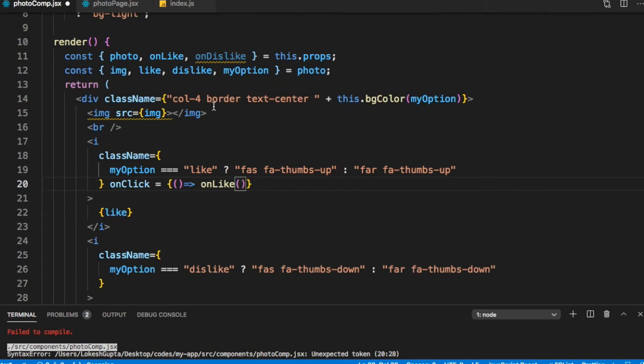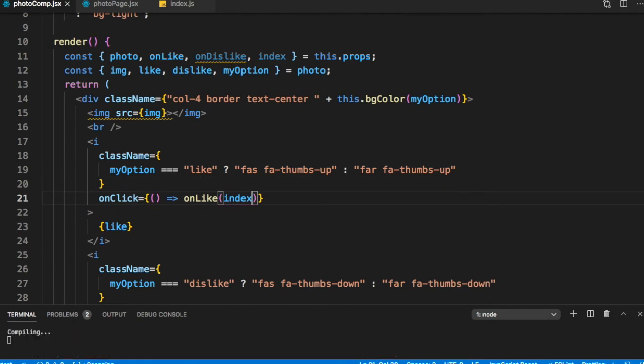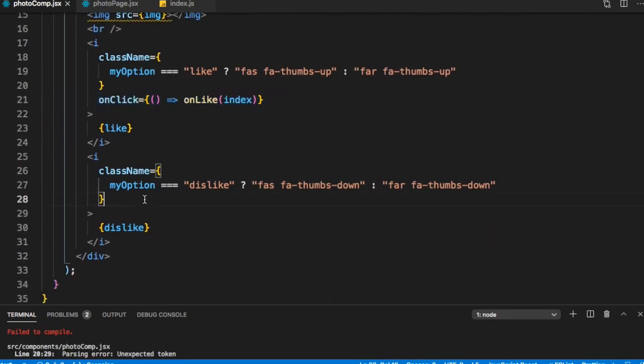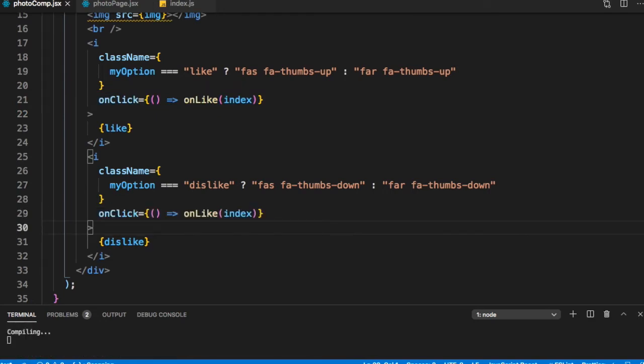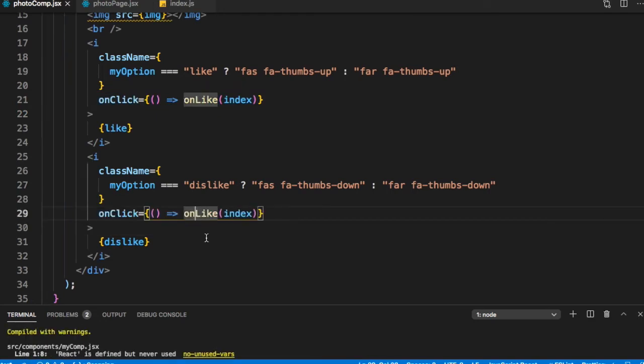Let's go back to photo component. So we are also getting an index here. So we're getting the index of the image. So let's pass index. Similarly, in the dislike case, if the dislike button is clicked, we will pass onDislike index.